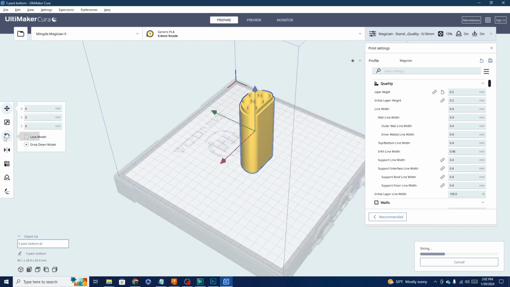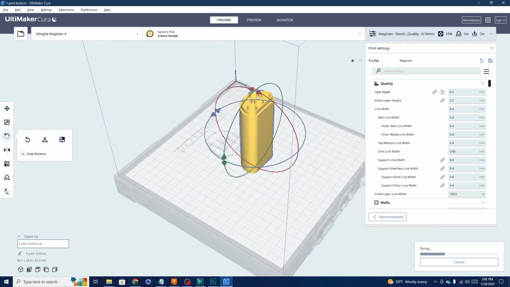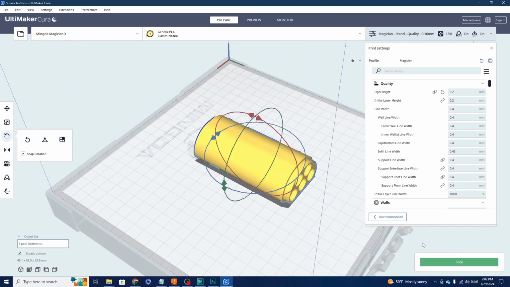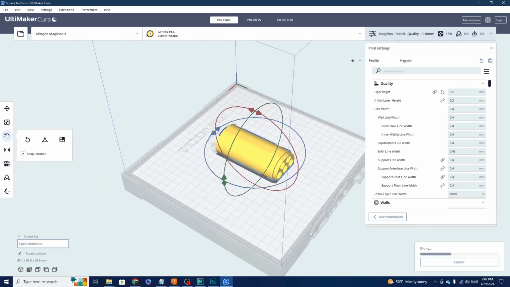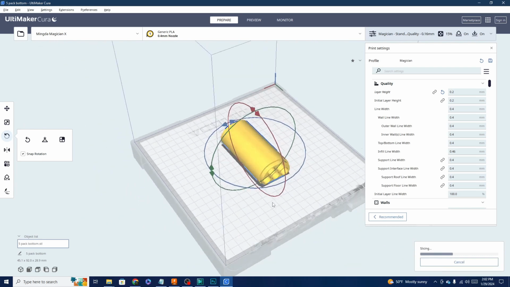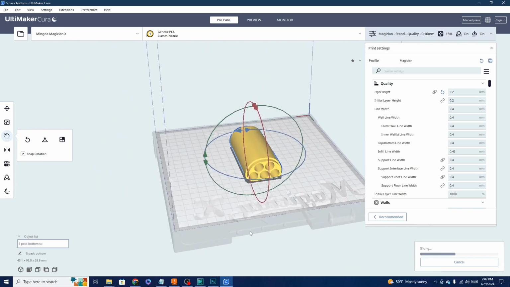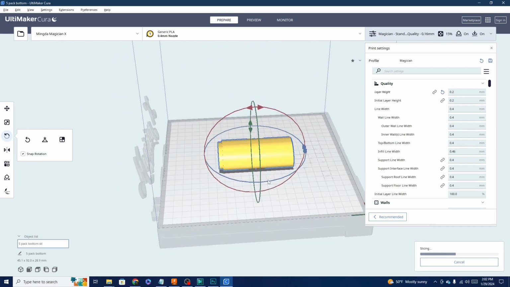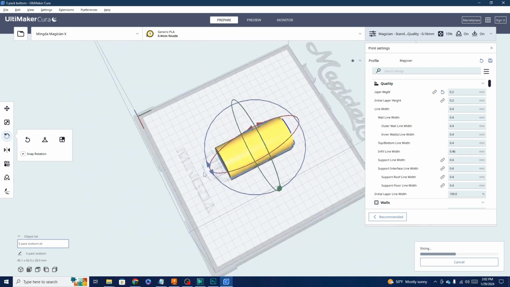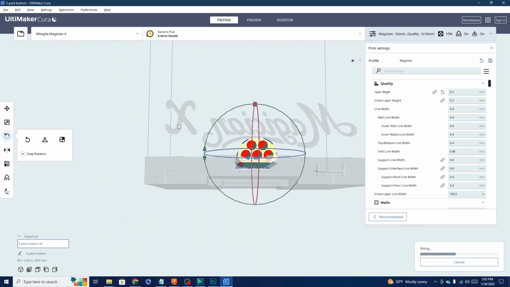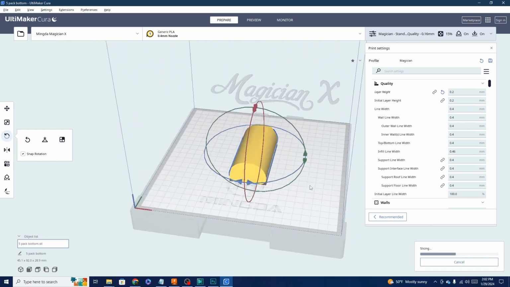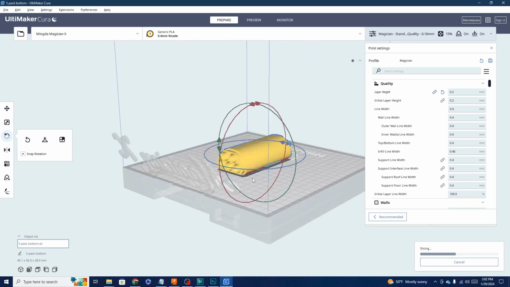Seems to keep getting stuck in the same spot there. I have printed this model before, so I'm pretty sure it's not the model. Nope, it's going further this time. Maybe just the orientation had it confused, which is funny because it's supposed to print faster with multiple holes. But that did say print faster, not slice faster, so